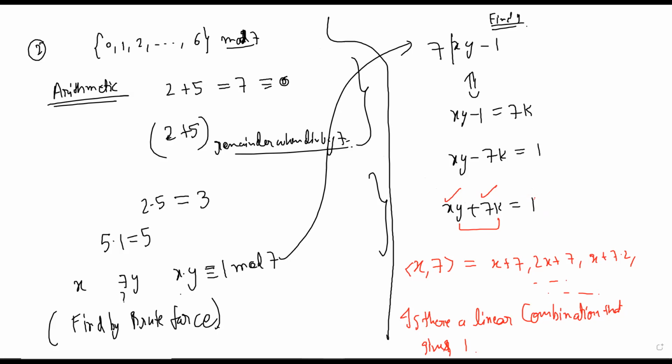So for example, let's just write something. If x is equal to 3, then y would be equal to what? How much do you have to take? 5, right? Take y to be 5. So 3 is 5 inverse, so 5 inverse is 3 in this case. Some things like that. We will discuss more about this in detail later. Meanwhile, I think we'll have to move to the next question.